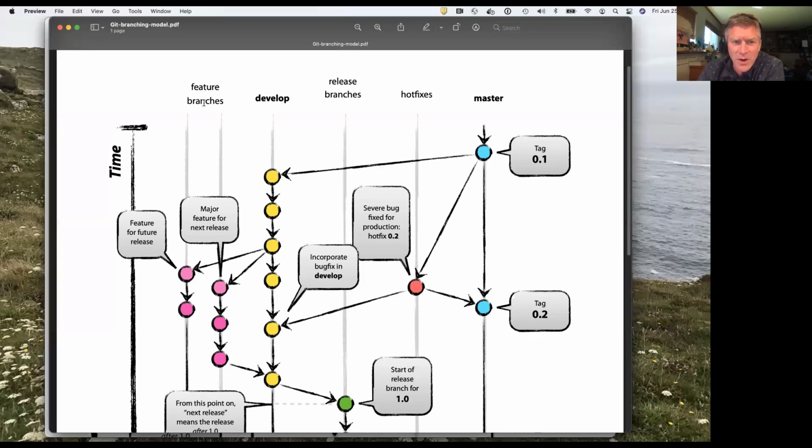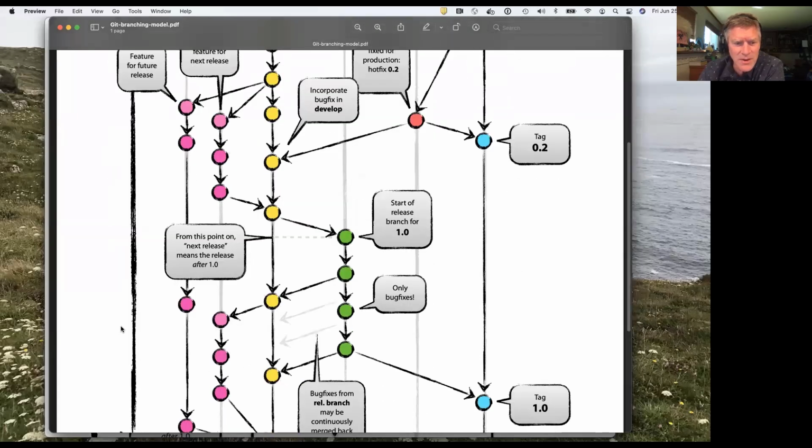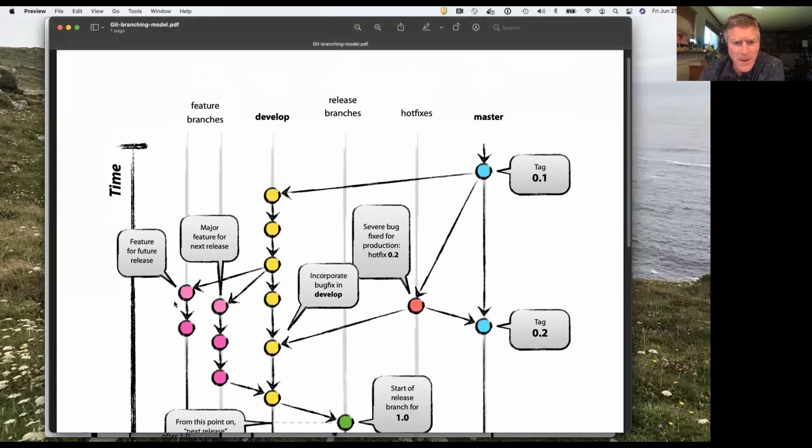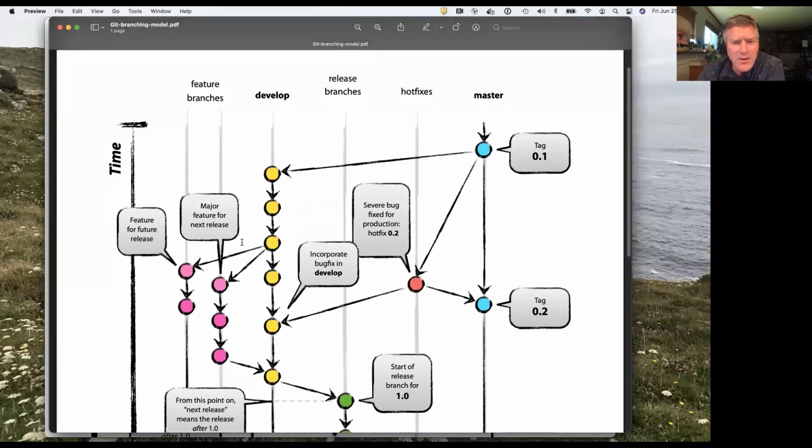Most of the actual work occurs in what are called feature branches. Time is the vertical axis here, and time increases downward. So if you are going to contribute something to JEDI, you would create a feature branch from the develop branch. This shows two examples of feature branches.